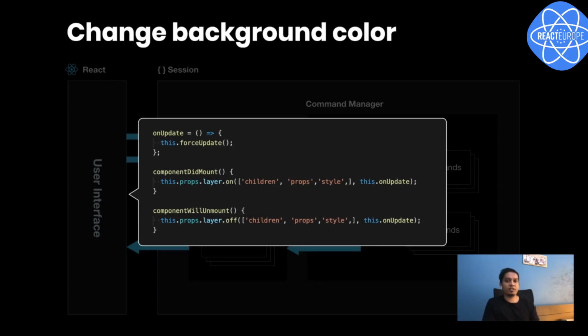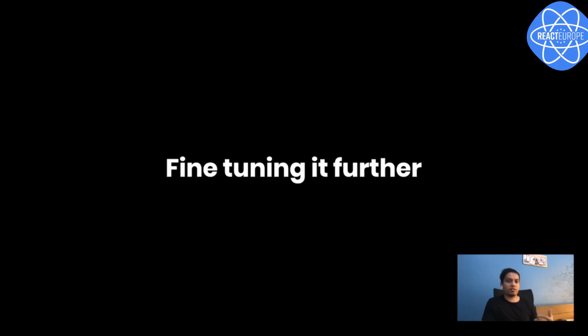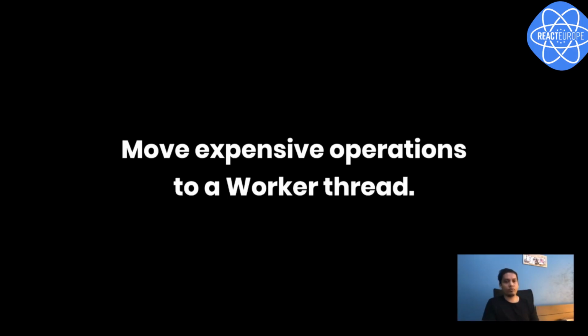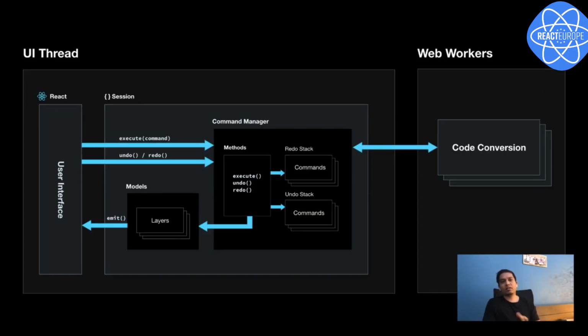All right, so we have achieved something here, but there's a bit more that we can do. There could be expensive operations in the application, so we can move those expensive operations to a worker thread. So we add another worker thread on the right side, and things like, say, code generation from the tool execute on a non-blocking worker thread. And this gives a very nice, smooth behavior for the UI thread.